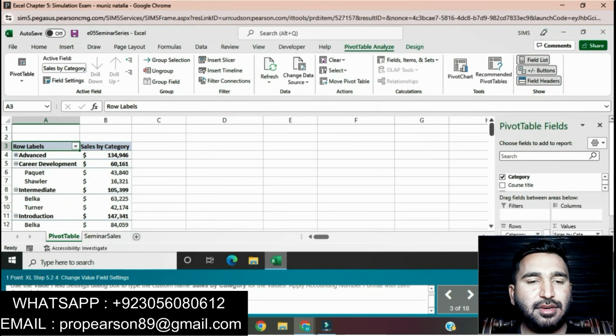You can type Categories here in cell A3. Then press Enter. Okay, this question is done now.